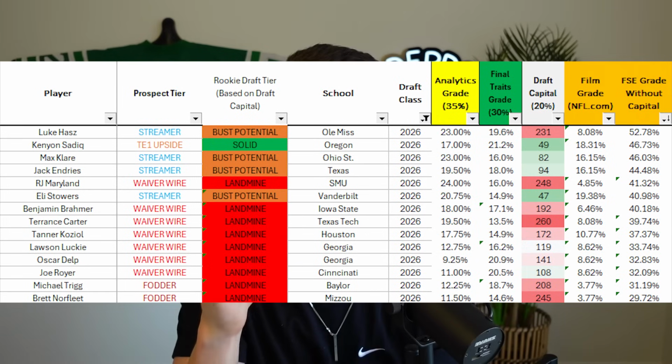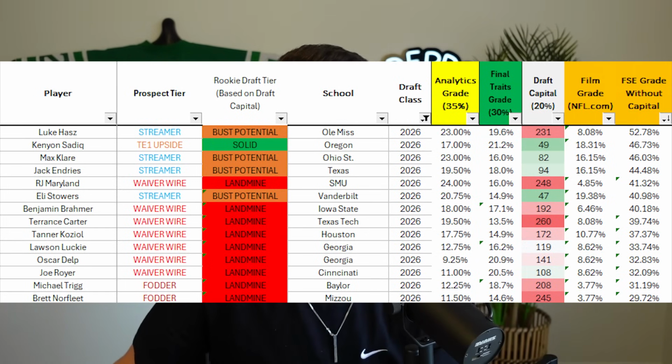The full class without draft capital, I think, is important to go over as well, because obviously, as I've made reference throughout this entire video, we're probably not going to be very correct on these draft capital projections a calendar year in the future. Think about even a couple months before the draft, we're not projecting these draft capital spots very well, especially a calendar year away with a full college football season. That's going to change quite a bit.